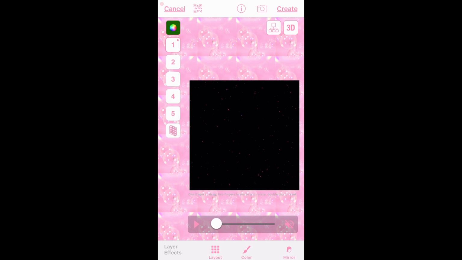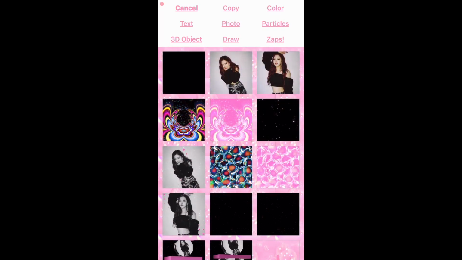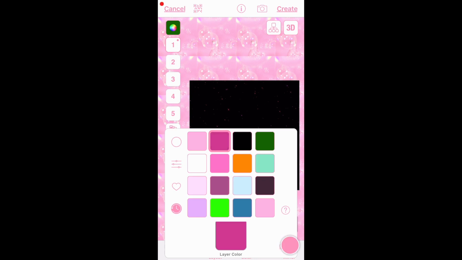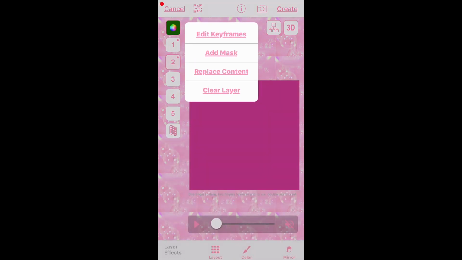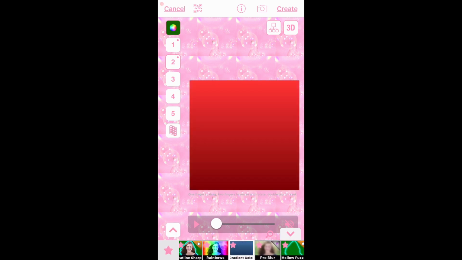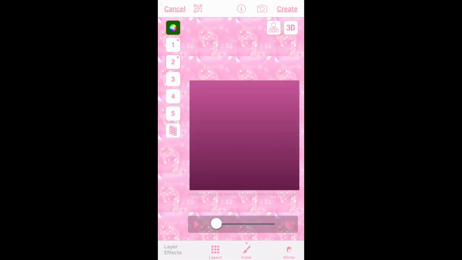Anyway, for number 2, this is where our first cuboid is going to be. For this one, I'm just gonna choose color, and I'm just gonna choose a random color so I can see it. And for this, I'm just gonna do a gradient, which is here somewhere, right here. So I'm gonna do this one, and then we're gonna go to layout